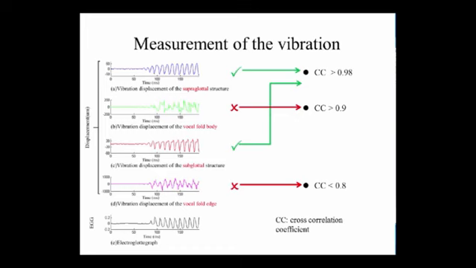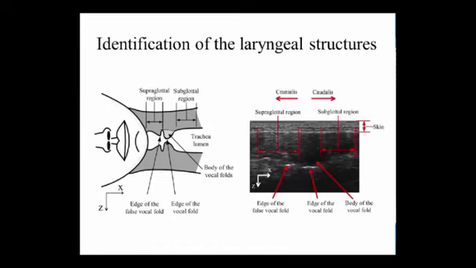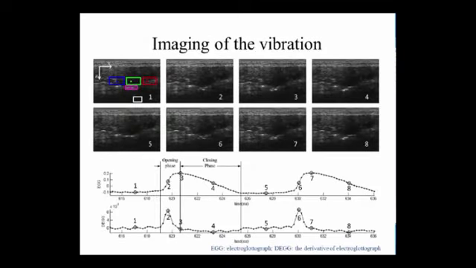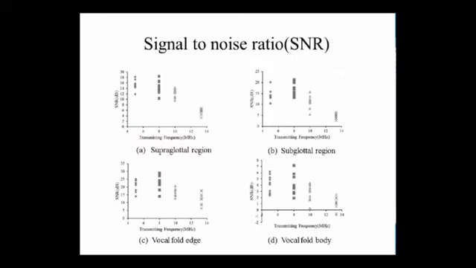So we can go back and see the previous slides here. Here you can see that it is the body of the vocal folds, and it appears much darker than the other structures like the supraglottal region and the subglottal structures around it. So my guess is that maybe the problem is that the echo signal from the vocal fold body is so weak, and maybe causes the displacement estimation problem. So then we try to compare the